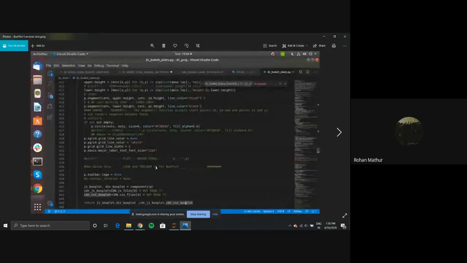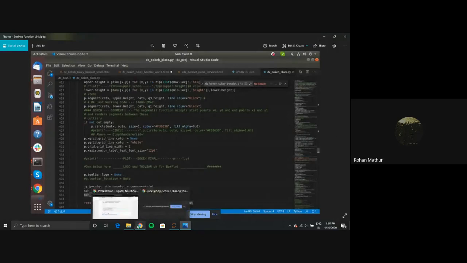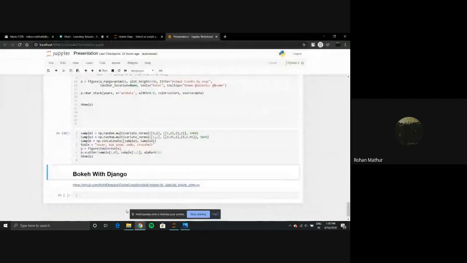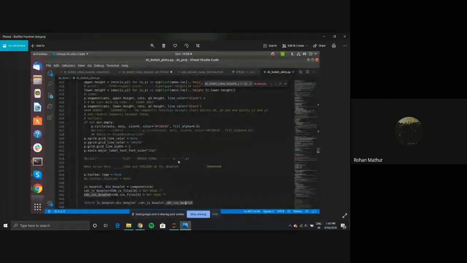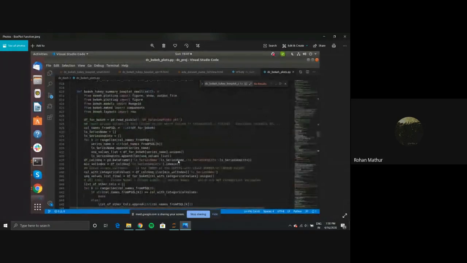Okay, can everyone see my screenshot? Okay, so this screenshot is basically a function where we are defining our box plot.